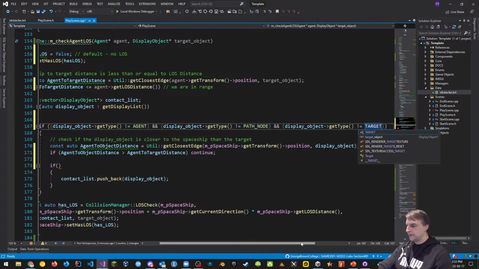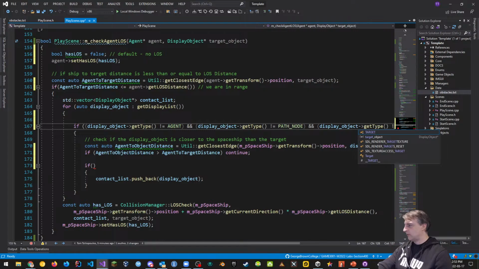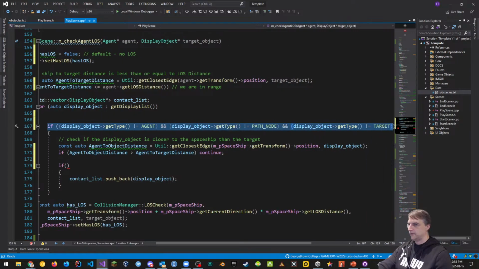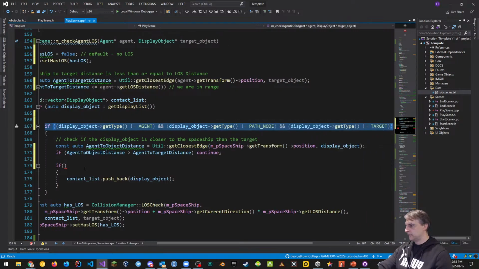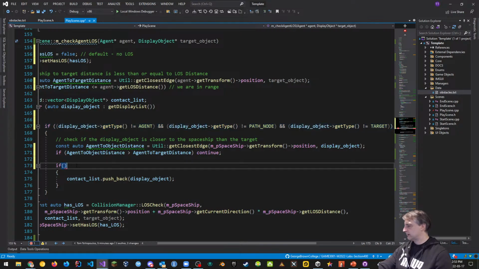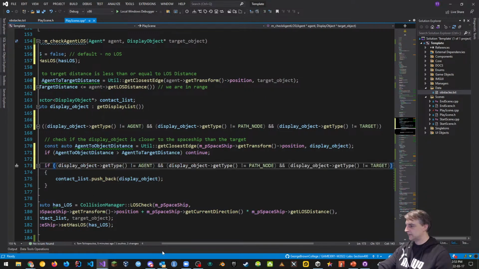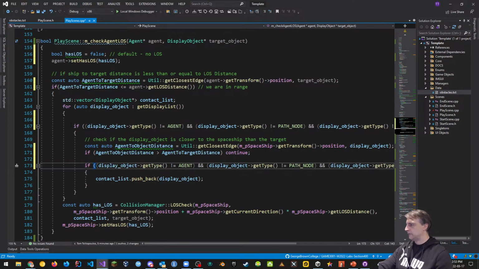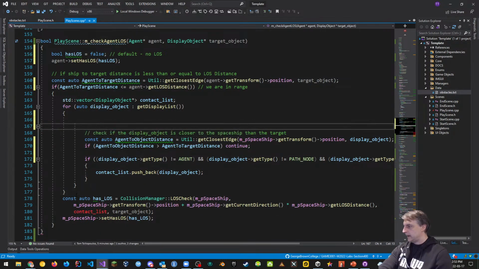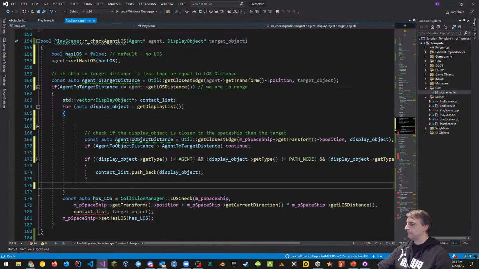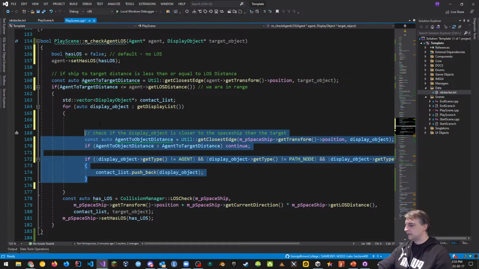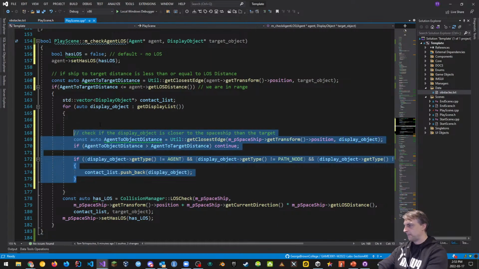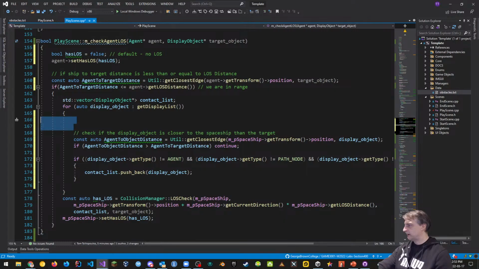There it is. So that is that piece, and that whole if statement chain, this part right here, it shouldn't go here. It should actually go just above this contact list right here. So this is where that goes. And then we don't need this part, and we don't need that part. And we can kind of bring this in a little bit. Yep, we can bring this in, and we can get rid of a couple lines.